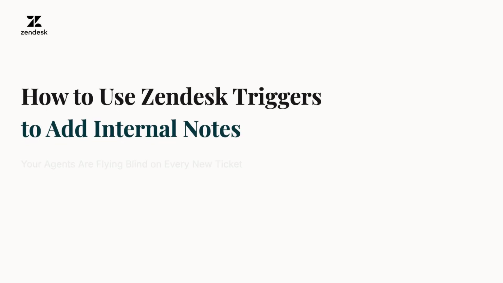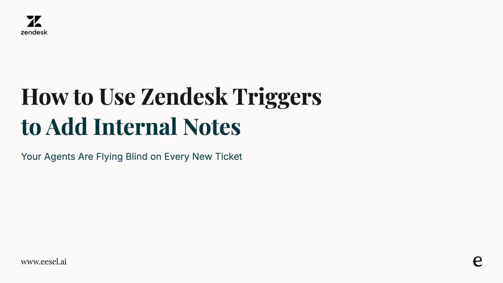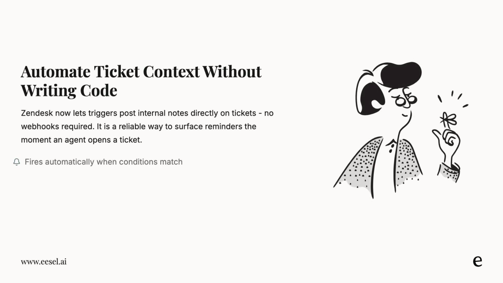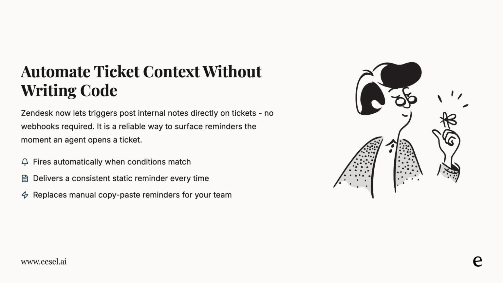Every time a new ticket comes in with a keyword like refund, your agents have to figure out the right process from scratch. Zendesk triggers can change that by automatically adding an internal note the moment a matching ticket is created. This is a native Zendesk feature that requires zero code or webhooks. When a trigger fires, it posts a pre-written internal note directly on the ticket, giving every agent the same reliable